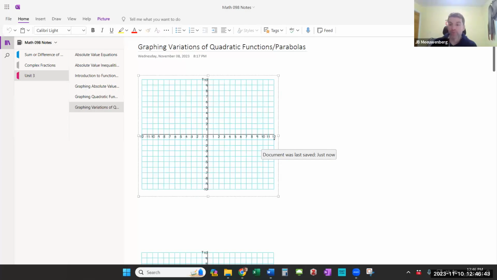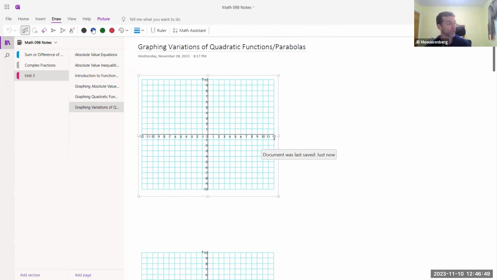So we are now moving on to graphing variations of quadratic equations, quadratic functions, parabolas. In the past, we've looked at quadratic functions that when you graph them are what we call